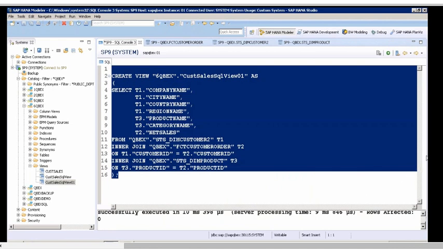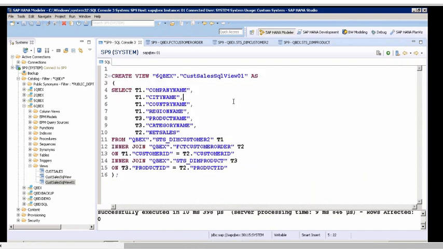At max, how many tables can we create? Can we create a view on a row store table? See, whenever you say view, you have to be careful saying database view. Your question should be, can I use a row store table in creating a database view? Yes. But if you ask me, can I use a row store table in creating HANA modeling views like analytical view, calculation view, or attribute view? No.